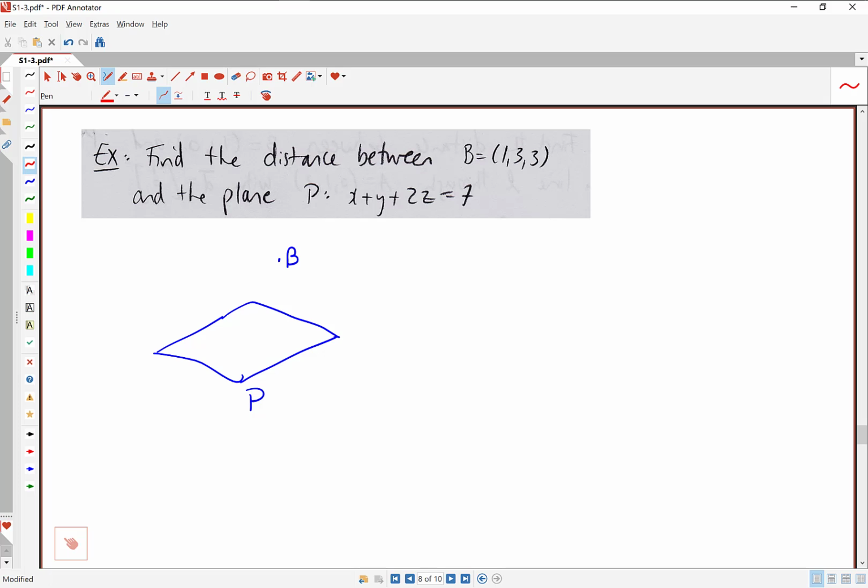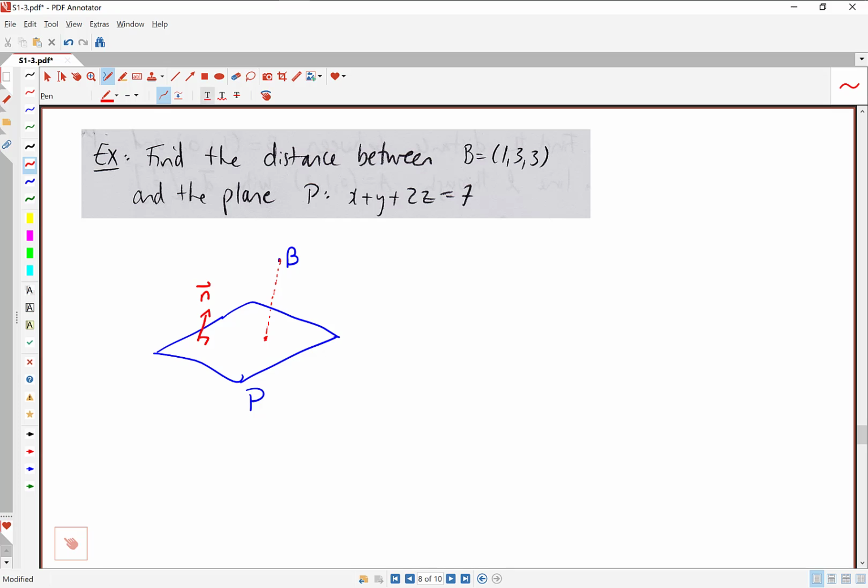Okay, now when we talk about distance between a point and a plane, we're always talking shortest distance. In fact, anywhere in the course when we say distance, we mean shortest distance. And what that means is the distance in the direction that's perpendicular to P. So you're trying to measure this dotted line distance here. Imagine P is not necessarily sitting exactly horizontally in space, it could be slightly tilted. So let's say the direction that's perpendicular to P is this direction here. Remember, the normal vector gives us a direction that's perpendicular. So we would want to travel from the plane in a direction that's parallel to our normal vector up to